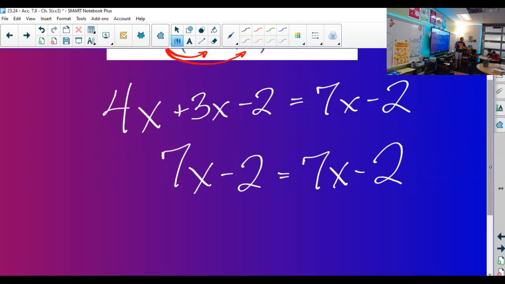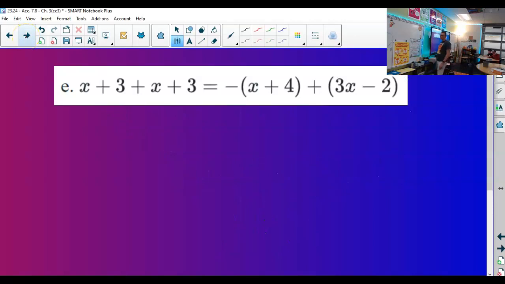So wait, we can stop right here. What's our answer, friends? Anyone? This is any real number because it's identical. When your left side and your right side are identical, it's any real number. So cute. On E,